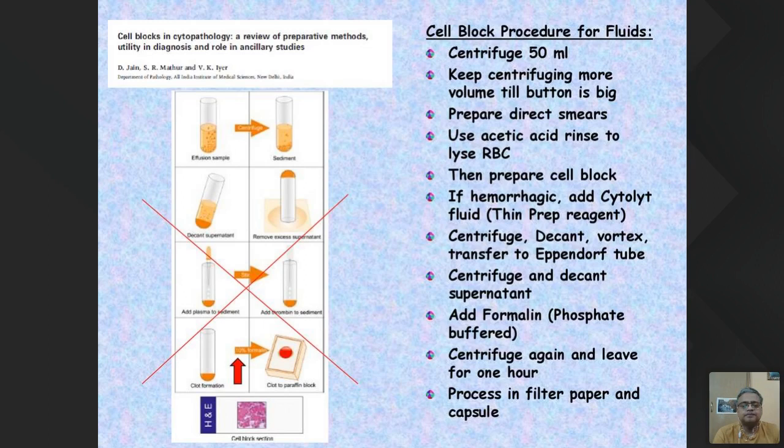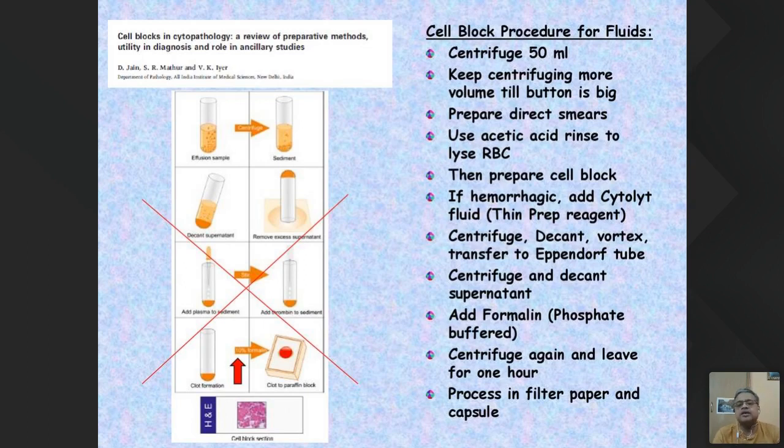process the clot. Now, to do this successfully, you need to have multiple steps of centrifugation because commonly used fixatives like formalin or alcohol do inhibit the formation of clot by thromboplastin. They lyse the clot, and therefore it sometimes becomes difficult to get good quality clots. It is time consuming. Instead of that, what we do for cell blocks, which all of you should know, is the sedimentation method.